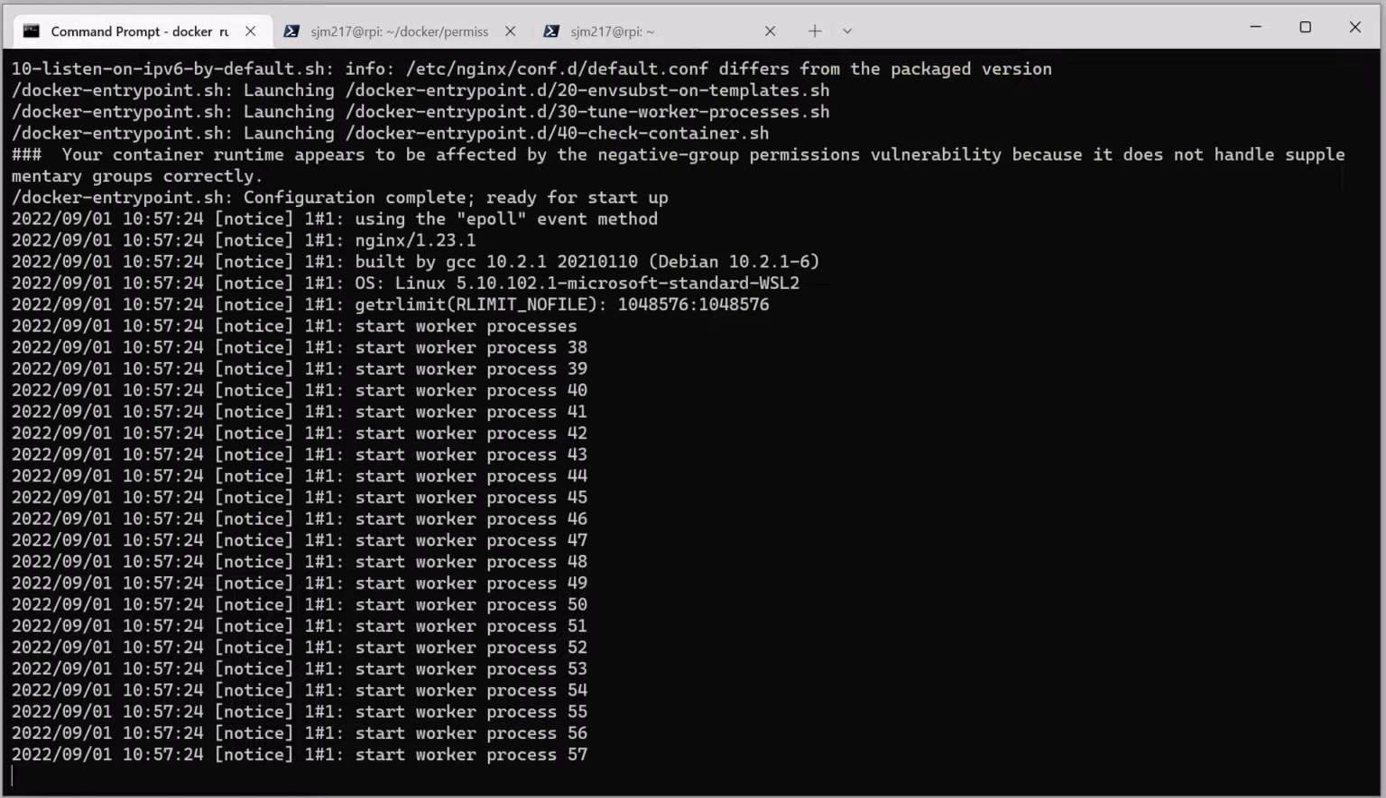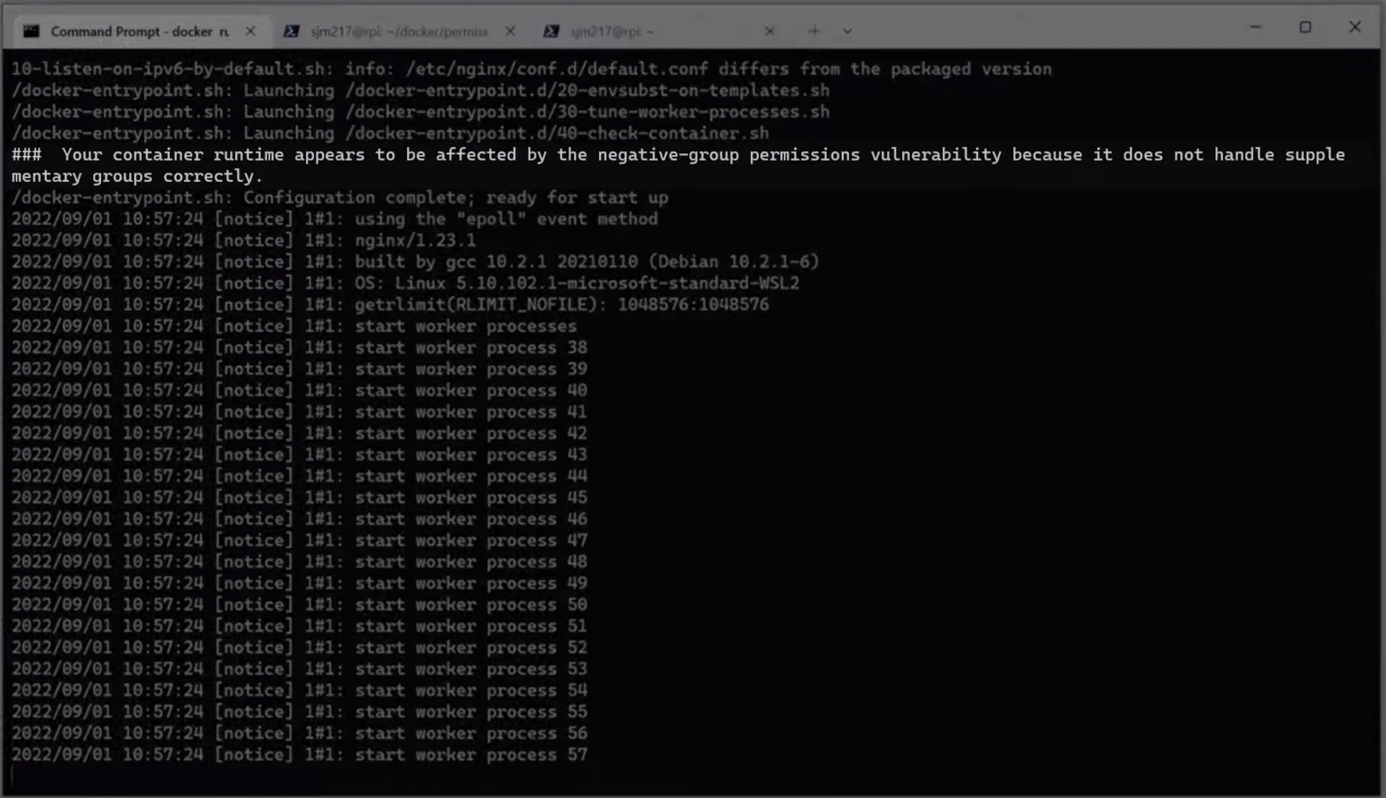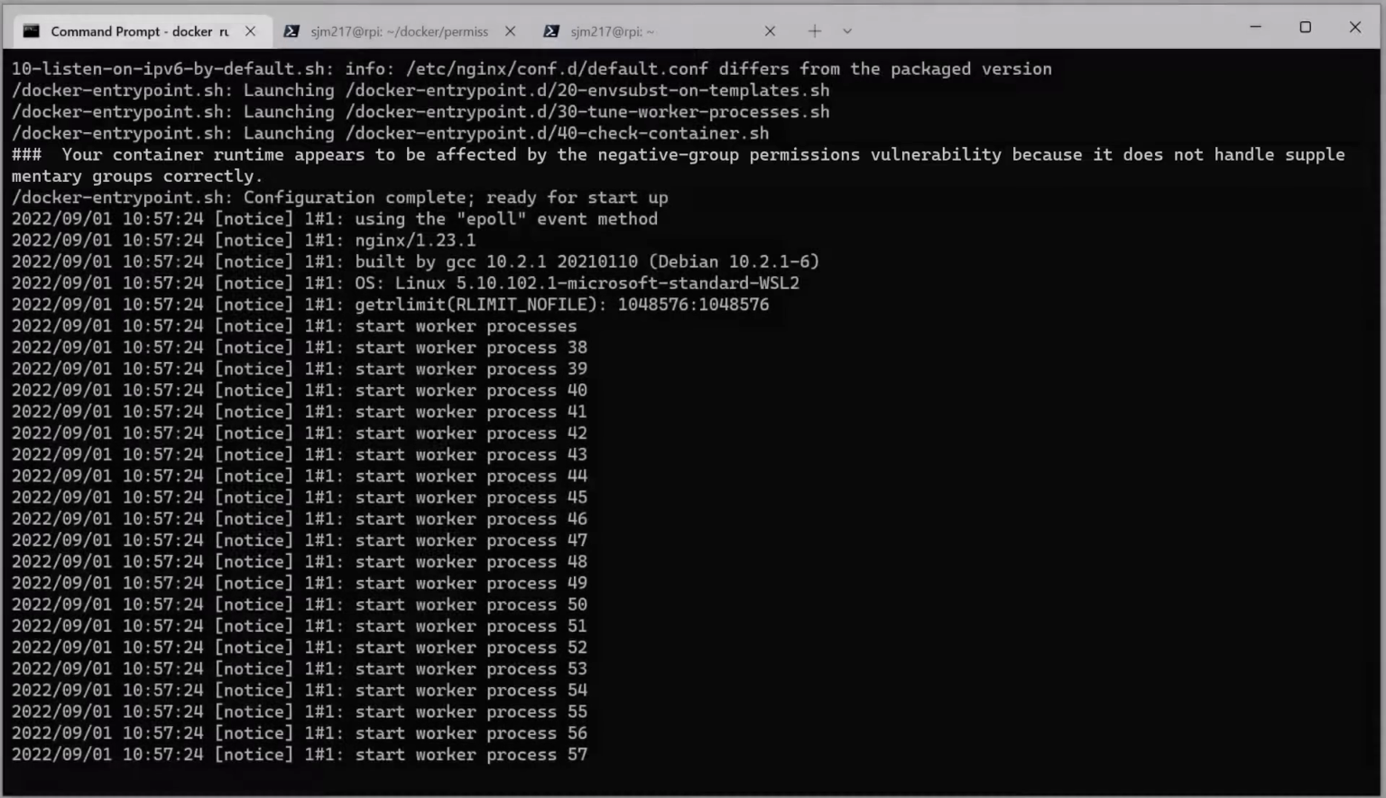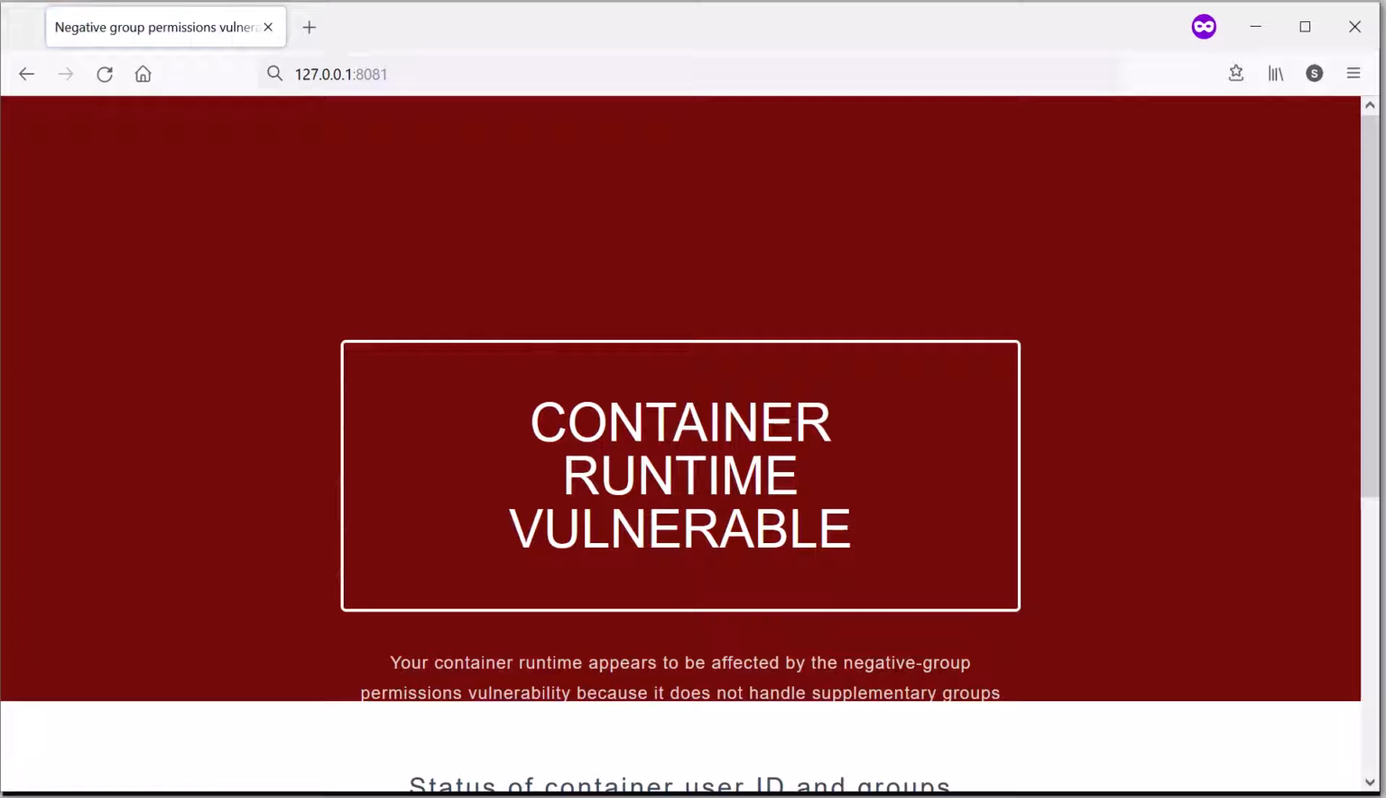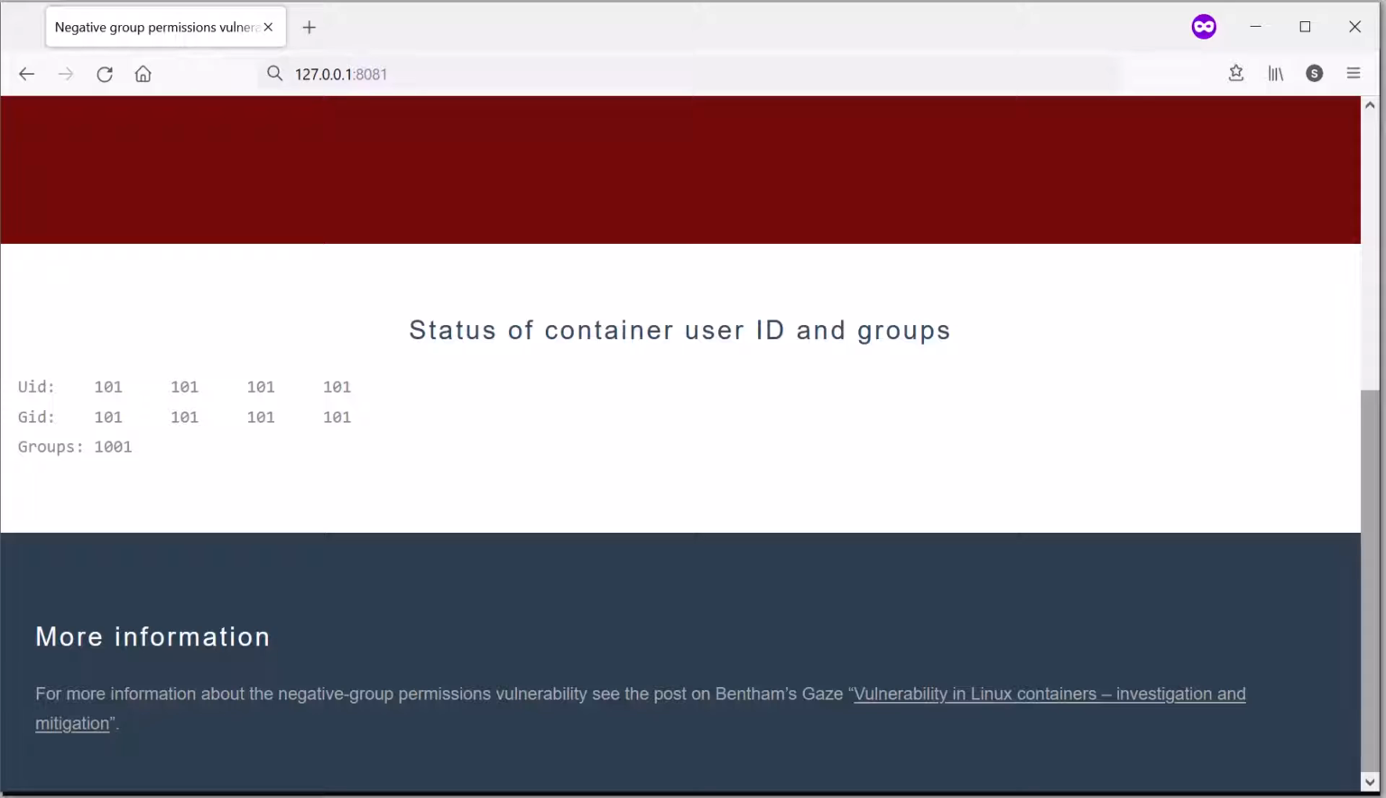When it runs, we can see that it has correctly identified that the runtime is vulnerable, but what if we don't have easy access to the logs? We can also open a web browser and see the result, as well as some status information showing the user ID, primary group ID, and the supplementary groups. We know the system is vulnerable because the primary group ID, 101, is not included in the supplementary group list,